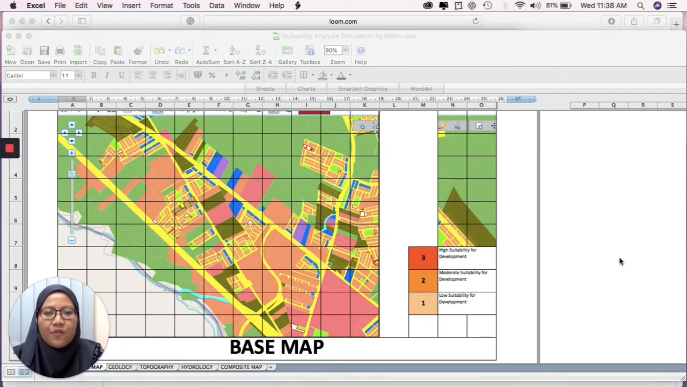Okay, so for this demonstration, I'm using your Urban Studio site, which is Tanjung Malim. As you can see on the screen here is a base map of Tanjung Malim. And you can see that the map has been divided into the grid. So this will help us to do the scoring for each of the areas in the grid according to their